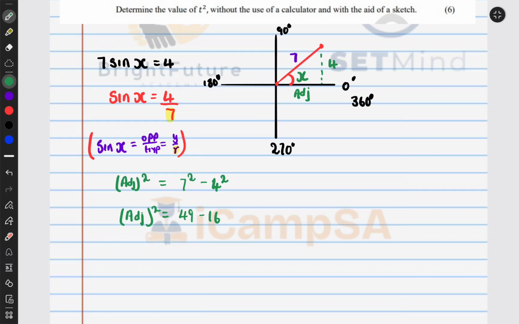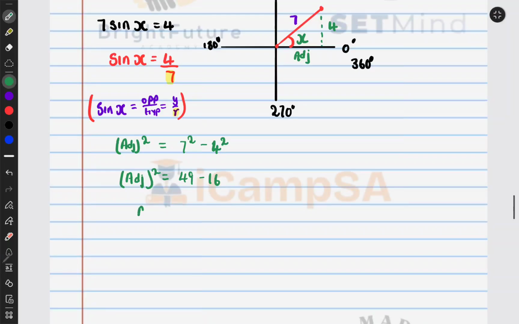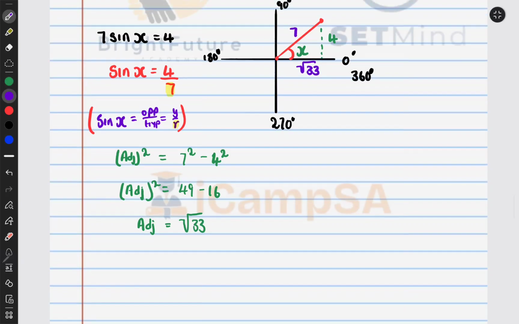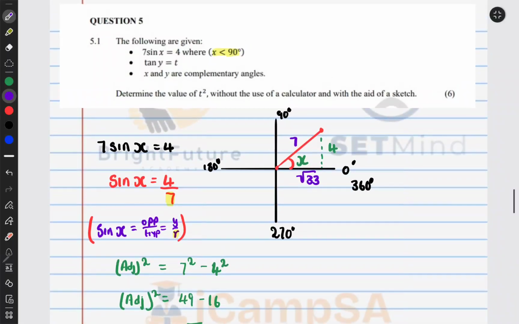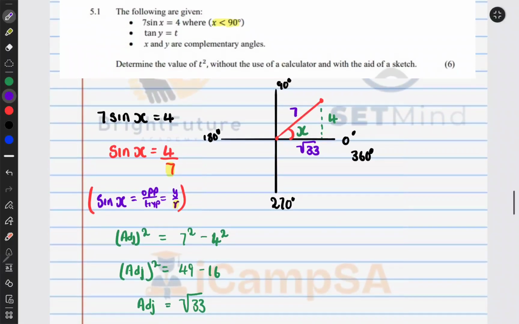That is 33. Therefore, the adjacent side is going to be root 33. That's the adjacent side. So let's put the value here. Now that we have that, we have to determine the value